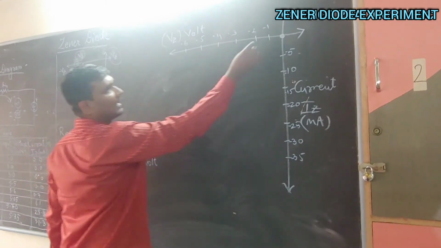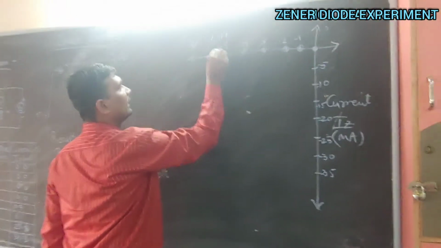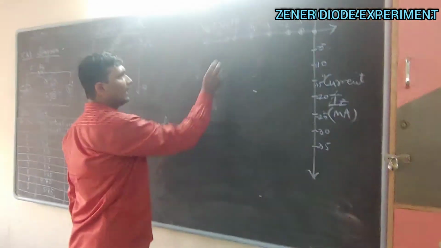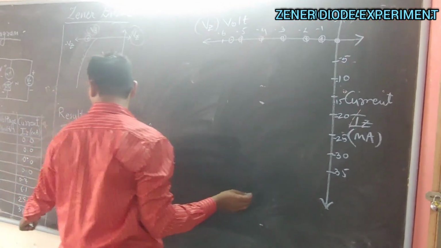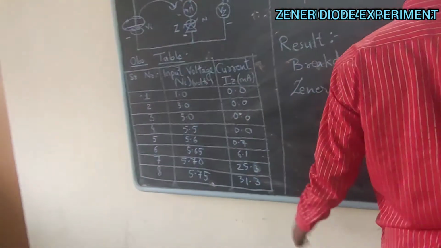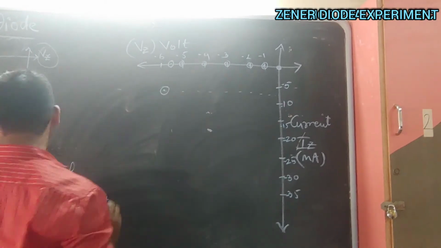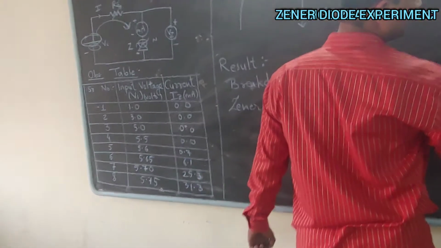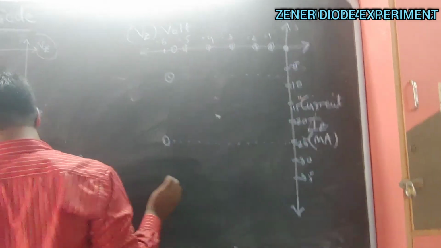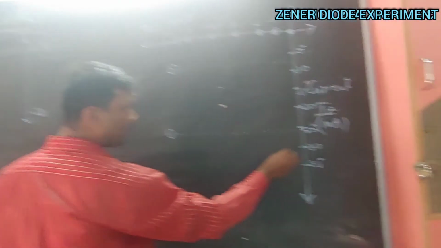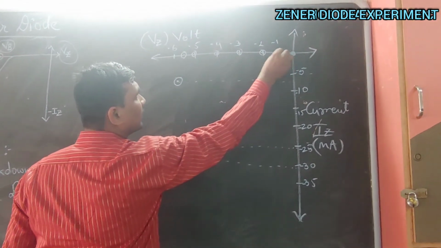Okay, coming to the plotting of the graph, you have seen 0.1, 0.2, 0.3, 0.4 and 0.5. It was 0 till 5.5, and before coming to 6, the maximum current was at 5.75. You can see this. So at 5.65 it is 6.1, so it will be somewhere here. And the next is 25.3, which will be somewhere here. Next is 31.3, somewhere here. So you can make out the graph. The graph will be like this.